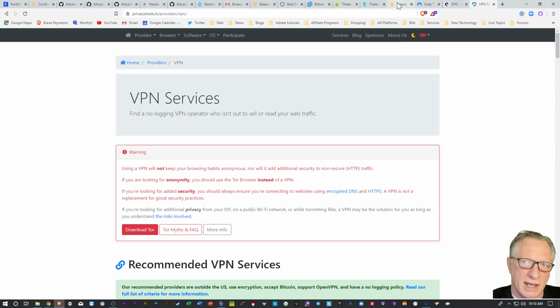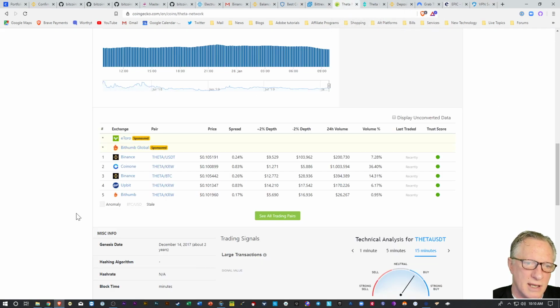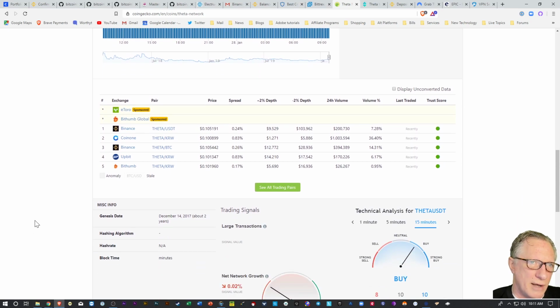If you're dead set against not using Binance, then check out some of these other cryptocurrency exchanges. Don't create a problem that you can't solve. There's always a way to get around it. You can see right here on this page, there are other ways to buy Theta. And, you know, push comes to shove, go out there on,